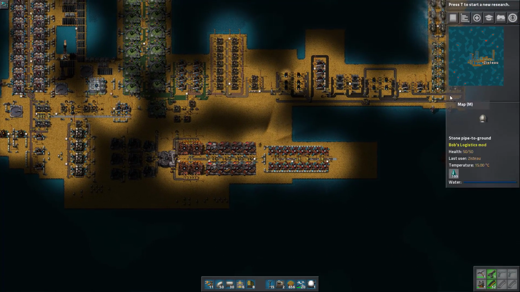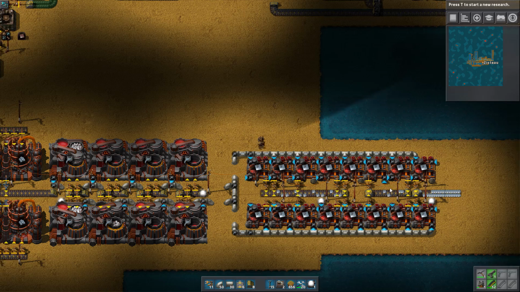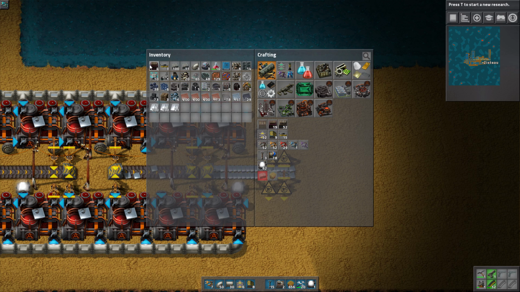I also could add more boilers and steam engines here. I haven't done that yet because I was running low on supplies, and we needed the iron for that, so that's going to be pretty good. I'm actually going to stockpile a bit. And next episode, we are 100% going to be...